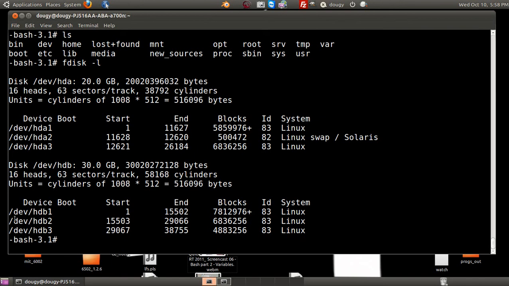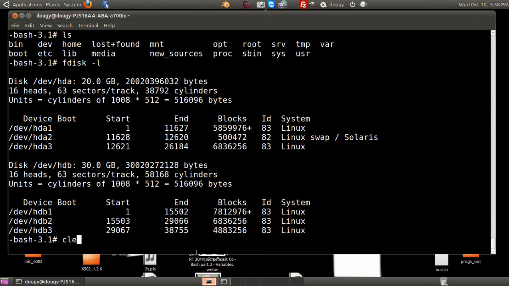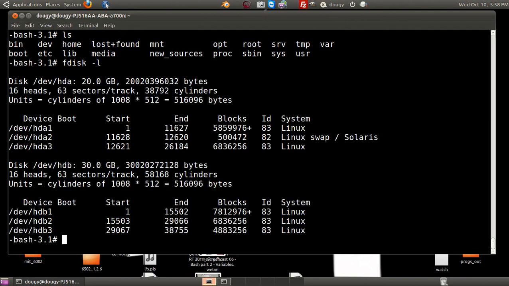Actually, I think it's one of these. I think it's this one. I made a clone. I'm going to show you how to clone your hard drive right now. Okay? And basically, if you want to clone your hard drive, you need to